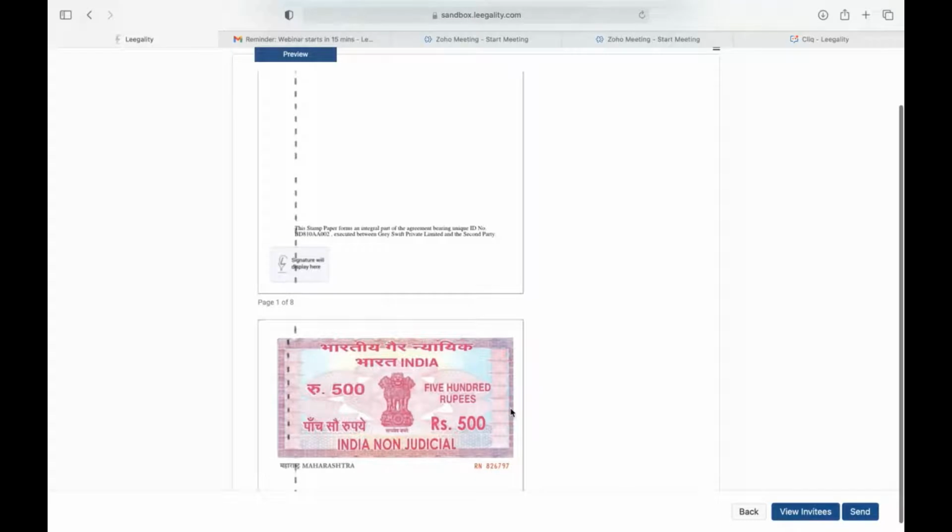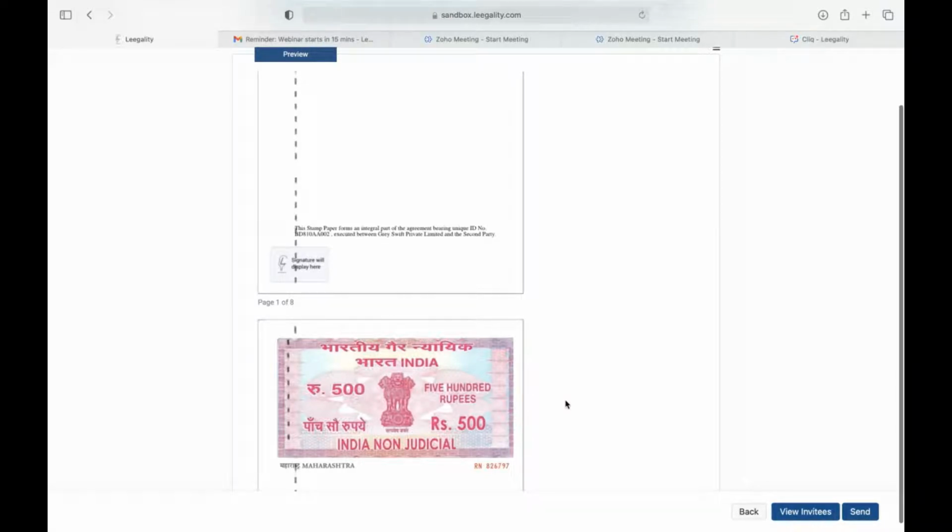So if your stamp duty requirement is 500, the algorithm will pick out the 500 rupee stamp paper in your inventory and use that, since only one stamp paper will be required in that case, instead of using 5 stamp papers of 100 rupees each, right? And this principle is applied across the board, right?